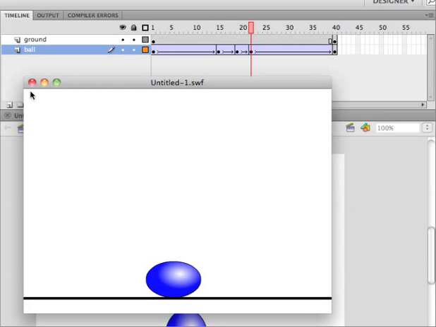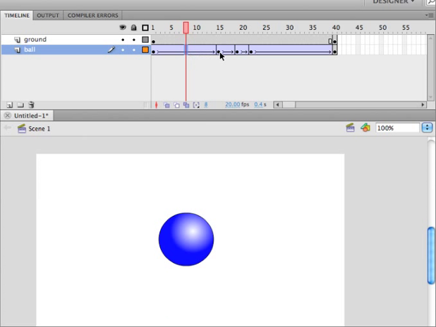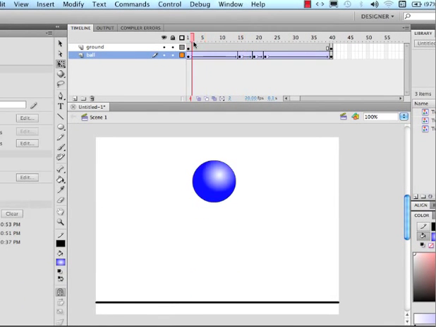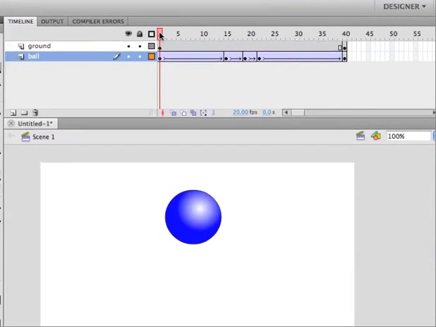Okay, let's just have a look now. Come back over here. The easing has been taken away since we've made those changes. So we have ease in, ease out, no easing there. So this needs to be changed now because we're starting here. We can probably get away with just leaving that where that is, but we need to come back to here and click ease out. So now if we do command enter,